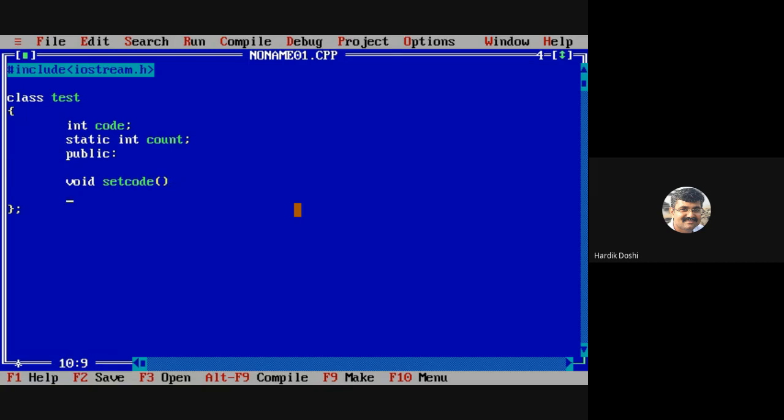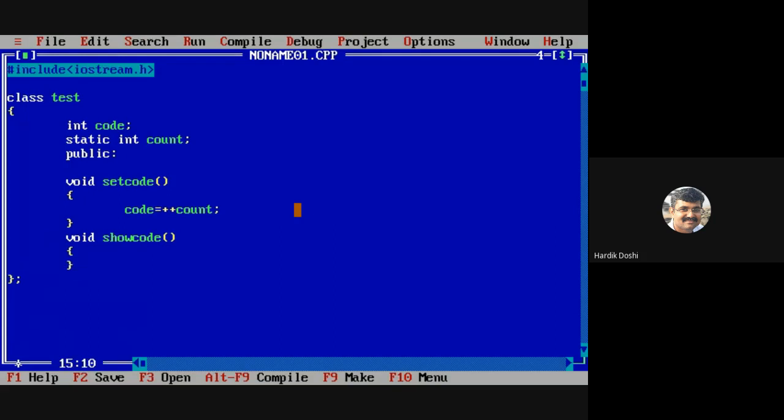I am not passing any argument to this function, and I am writing code is equal to plus plus count. Similarly, I am writing void show code function, set code and show code.